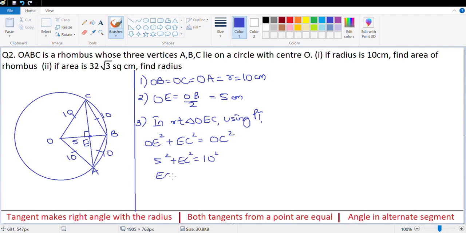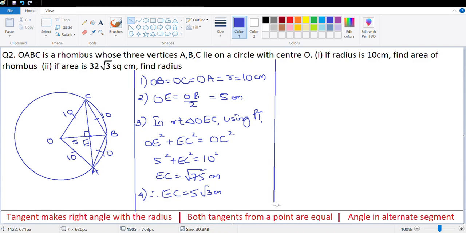EC would be equal to the root of 100 minus 25, that's root 75 centimeter. Therefore, EC is equal to 5 root 3 centimeter. Now, which means a diagonal AC would be 2 times EC,